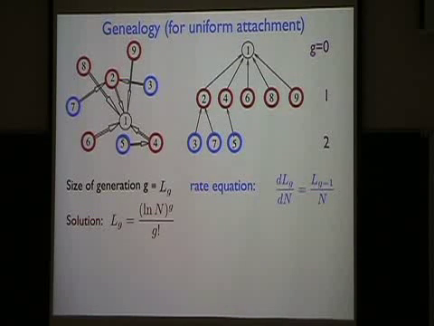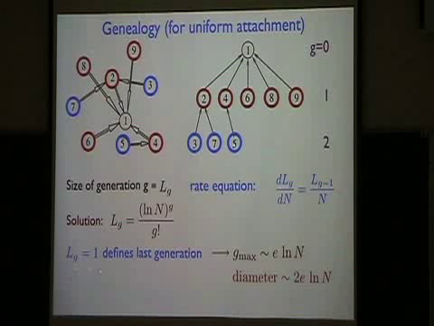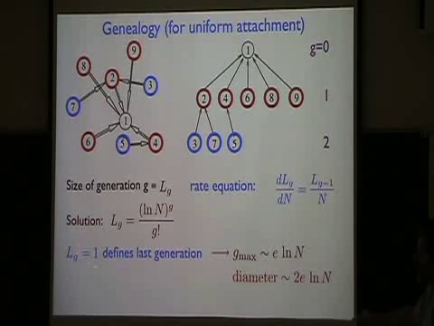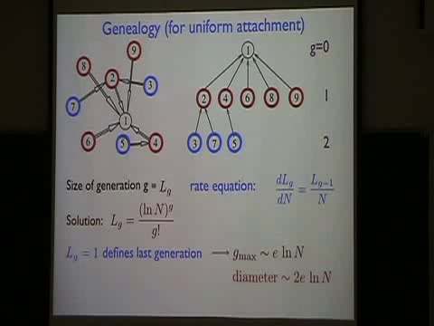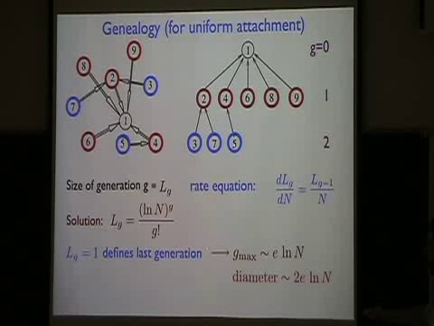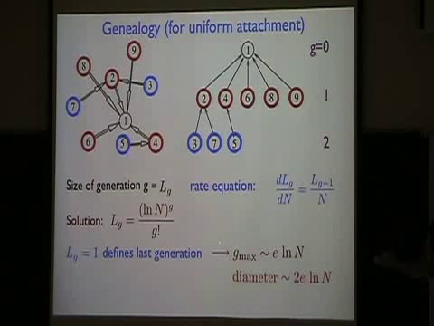So eventually this number of nodes in generation G grows with G quickly and then very quickly falls off. And where the number of nodes in the G generation is 1, this defines the very last generation. And again, this is very simple mathematics, so I'm not going to present any details here. The last generation, G max, is defined by this number, e log n, when this L sub G starts at 1 and goes back down to 1. So what we learn from this is the depth of my tree.